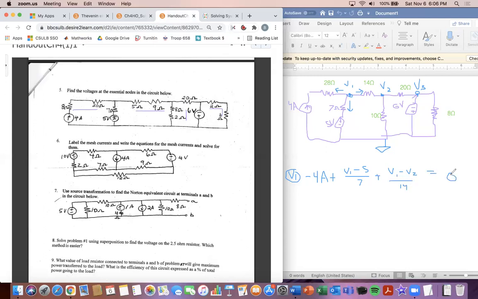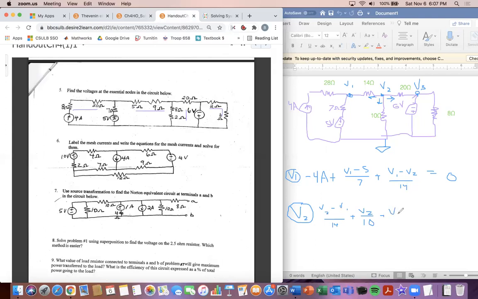Then this second voltage we're going to have to make an equation for. So V2, let's make our arrows: one going to the left, one going down, and one going to the right, what's coming out. So V2 minus V1 all over 14. And the next one is going to be V2 all over 10. And then the third one is going to the right here, V2 minus V3 all over